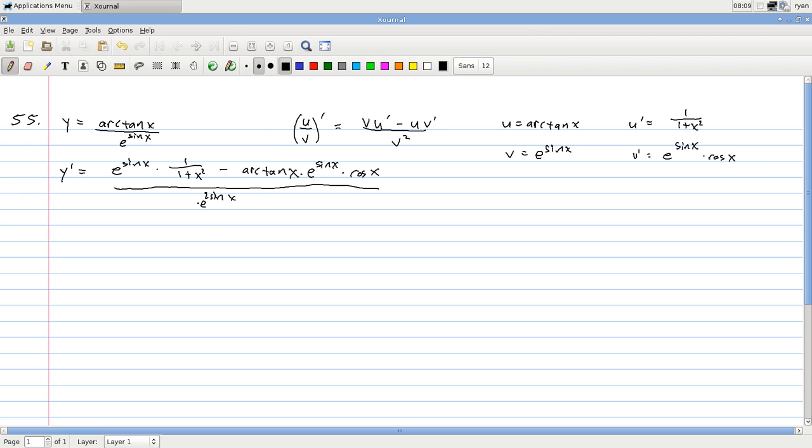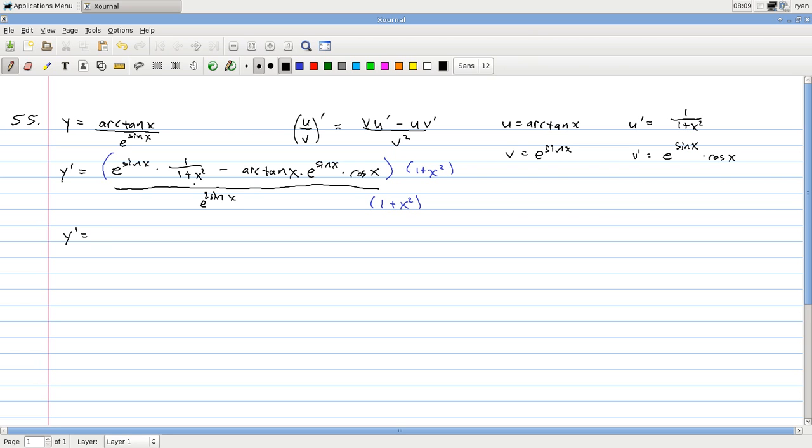Now here we have a compound fraction because we have a fraction in the numerator. Let's get rid of this by multiplying both numerator and denominator by our common denominator of 1 plus x squared. We multiply this on the numerator and the denominator. Distributing this through,